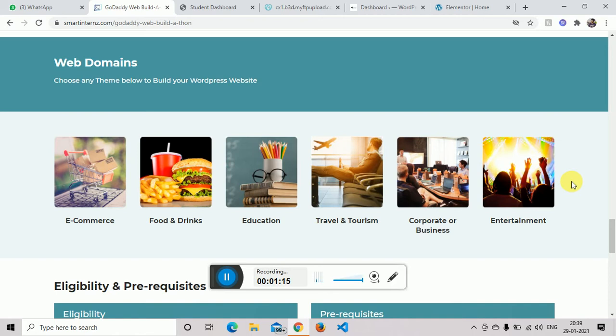After hosting our web page on GoDaddy, we can migrate our web page from local to live server by using WP Migration all-in-one plugin.